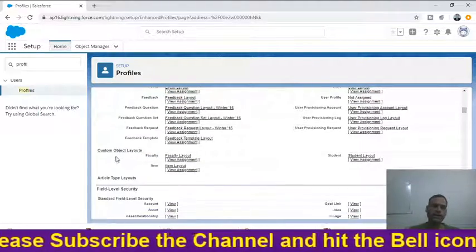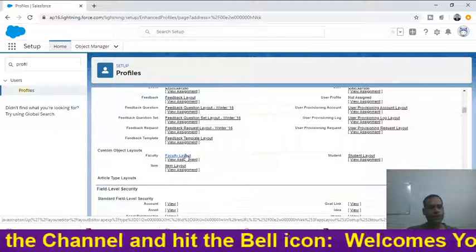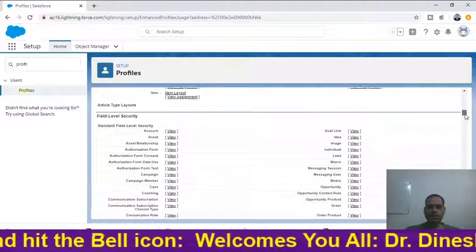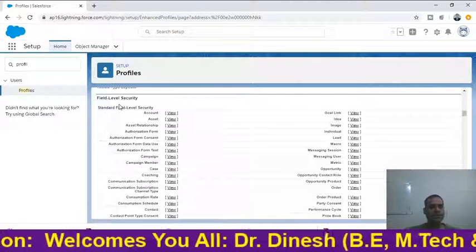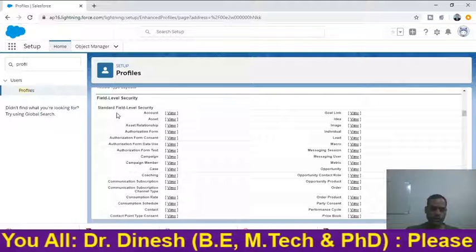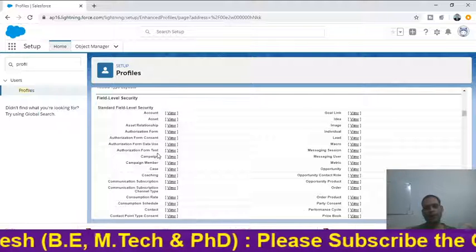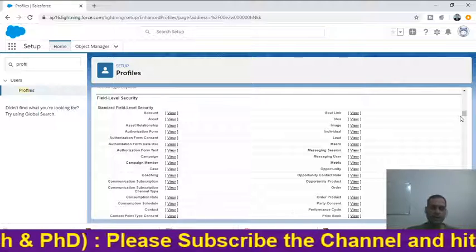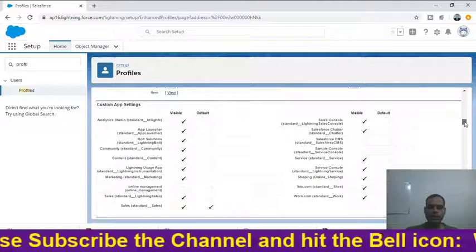Now this is the next section, known as the custom page layout. Through this layout we can customize and change particular things. Now this is the field level security, we will discuss it later. Through this if we want to view, these are the tabs: account, assets. These are the kind of fields which are already available inside the object. In the view option, users can easily view.